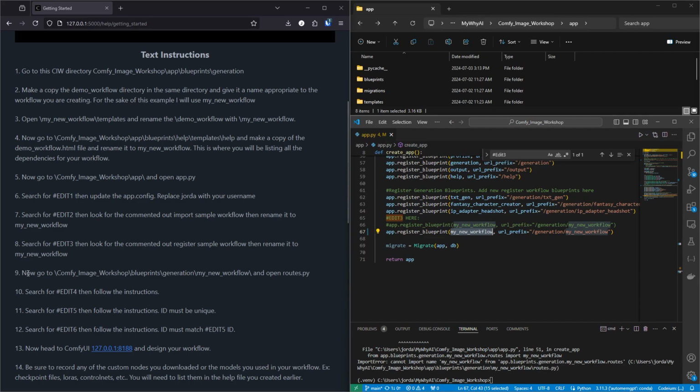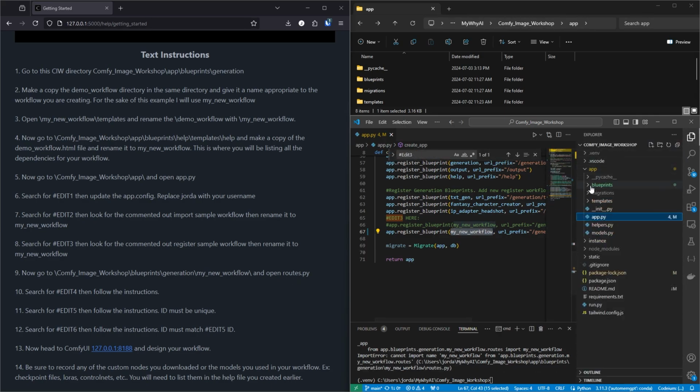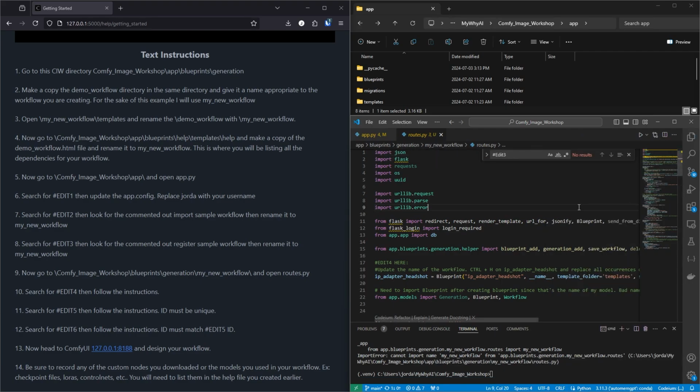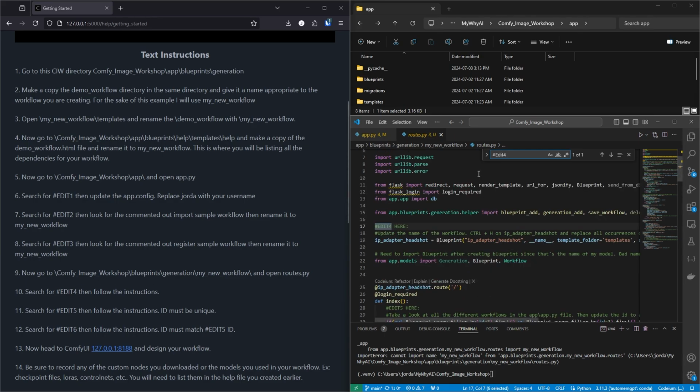And now we will go to step 9 and go to blueprints generation, my new workflow, and open routes. So now we will go to blueprints, generation, my new workflow, and routes. Now we will search for edit 4, and then follow the instructions. And we will update the name of the workflow,